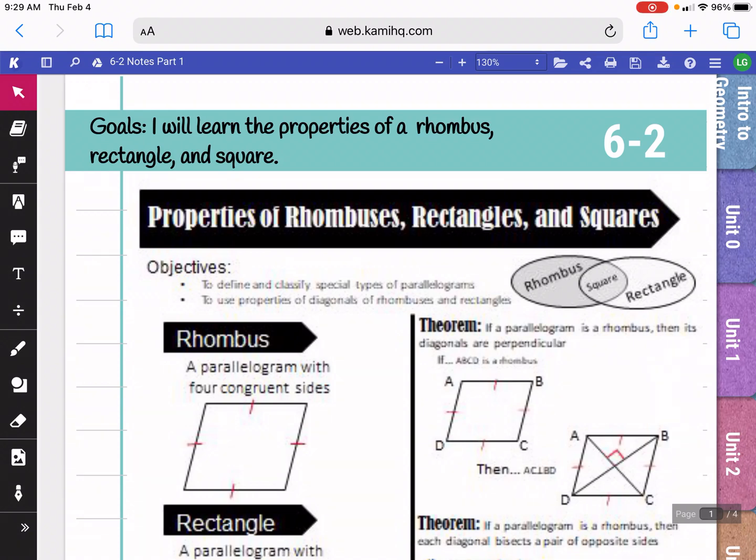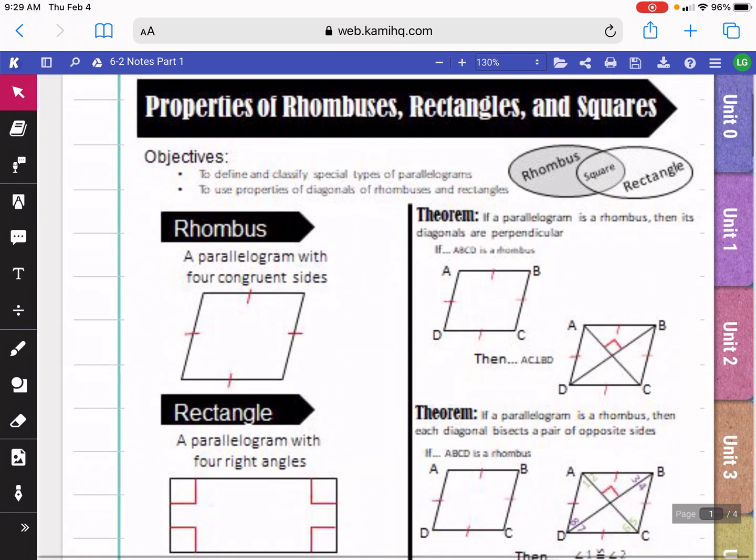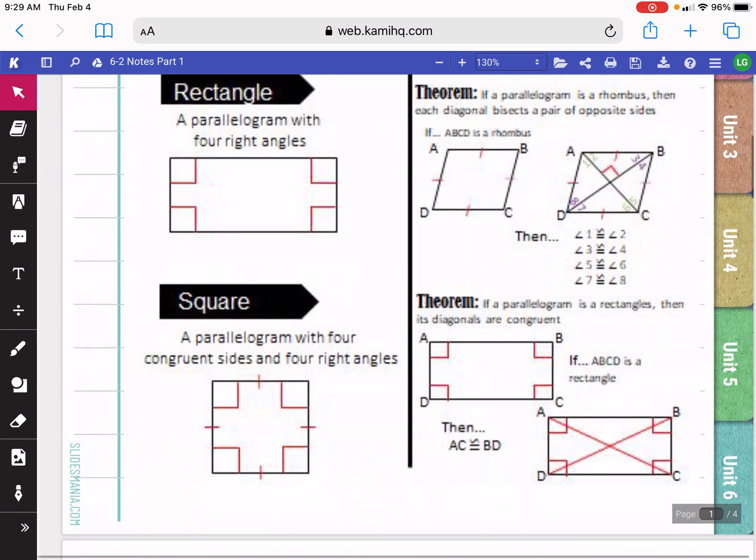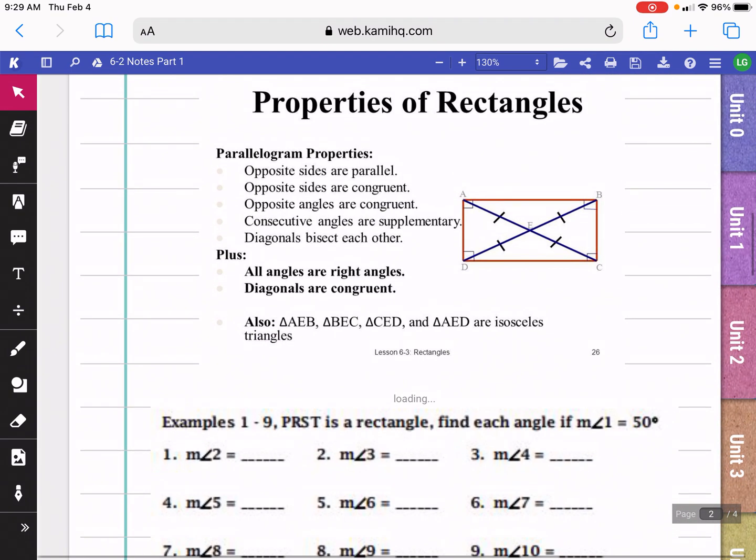In topic 6.2, we're going to learn the properties of rhombus, rectangles, and squares. For today, we're just going to focus on rectangles. So rectangles have all the properties of parallelograms where opposite sides are parallel and congruent, opposite angles are congruent, consecutive angles, or the angles that are side by side, are supplementary or add to 180, and the diagonals bisect each